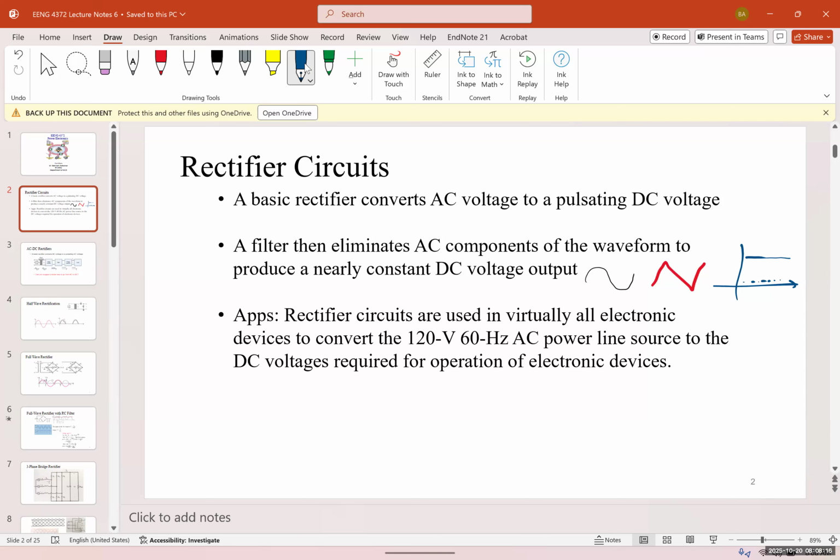Rectifiers are, I could say, the most widely used power electronics. You would see them virtually in anything around you, from computers, laptops, your TV, all the electronics that you see in your home. They have to convert AC to DC. So all the electronic devices in your homes, even your fridge,